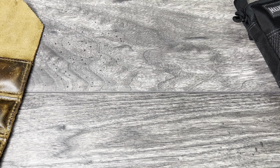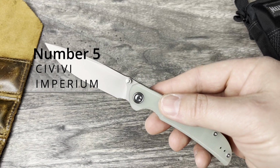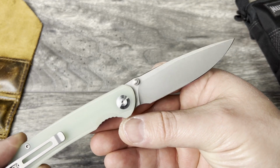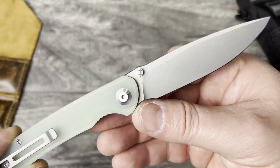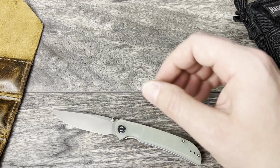At number 5 is going to be the Civivi Imperium. The Imperium has a 3.47 inch Nitro V steel blade, which I really liked. This particular version is stone washed, and you can see the Nitro V right there. I think, hopefully I'll zoom in so you can see that. It has a 4.36 inch G10 handle or